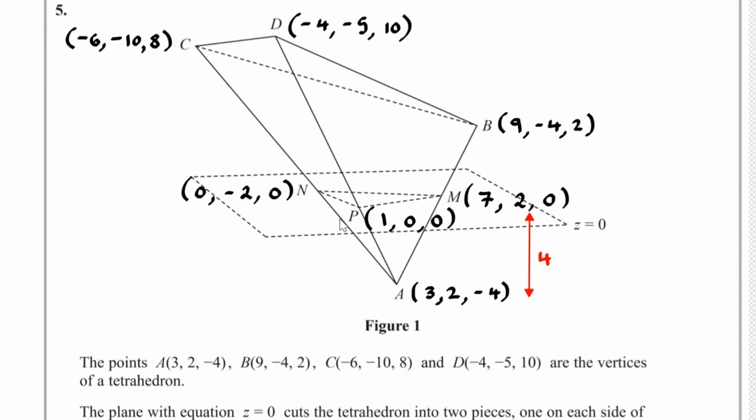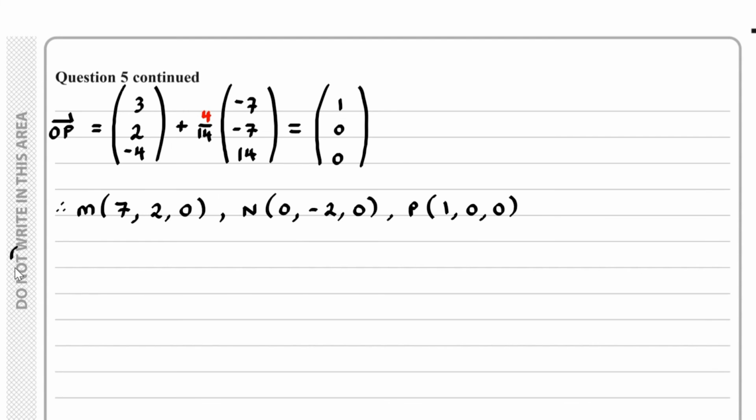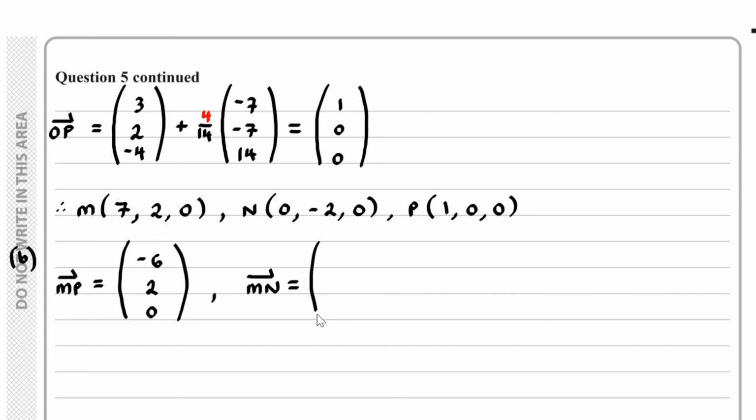So to go from M to P, well, I'm starting at M, I'm finishing at P. We have -6 to 0, and the vector MN, that's equal to, well, M to N, we've got -7, then we've got 0, 0,